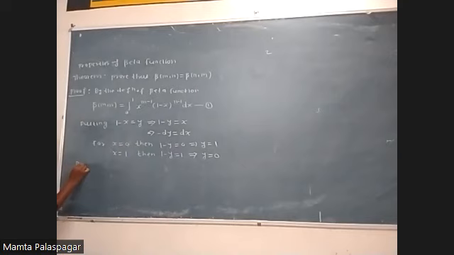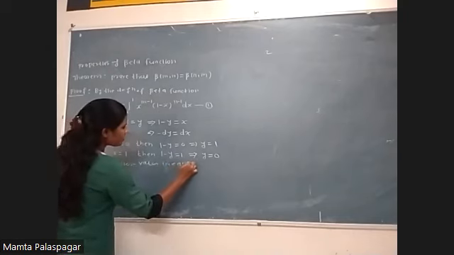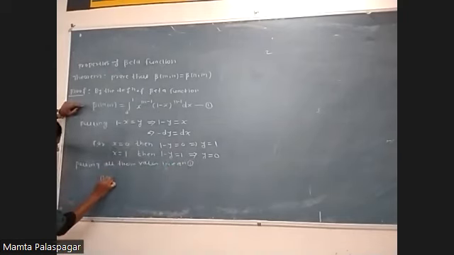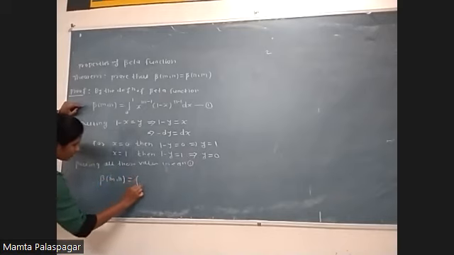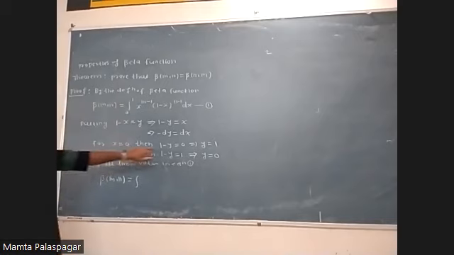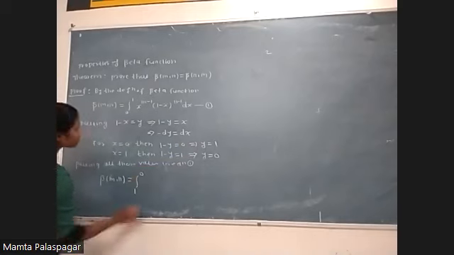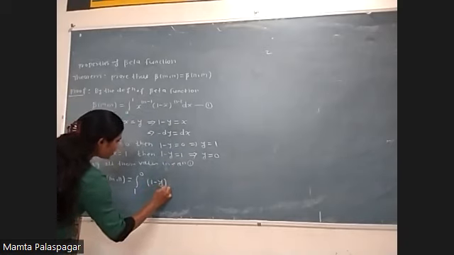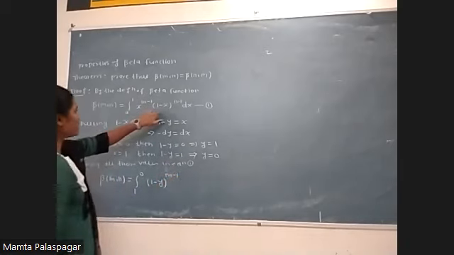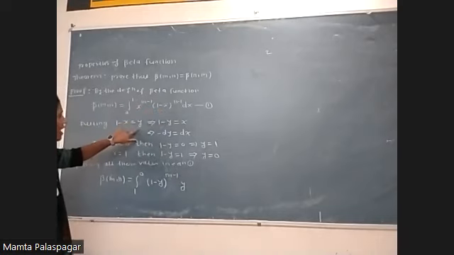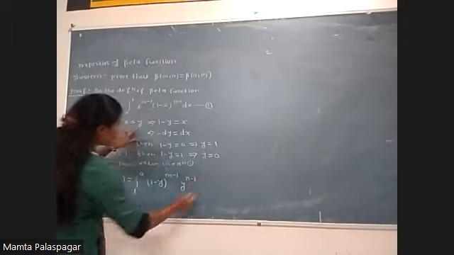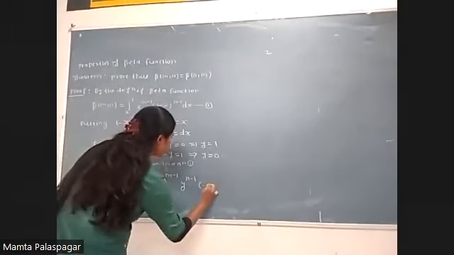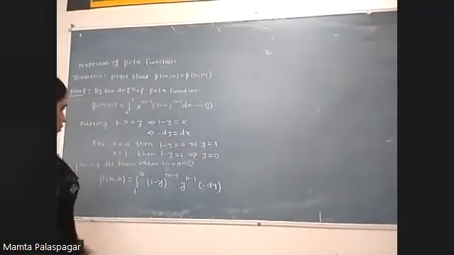All these values in equation 1, we get that beta of m comma n is equals to, now see, for x is equals to 0, here we get y is equals to 1, and for x is equals to 1, here y we get 0. Okay, now replace this x variable as 1 minus y, and this 1 minus x replace in terms of y, and its power is equals to n minus 1, and then dx is equals to minus dy.